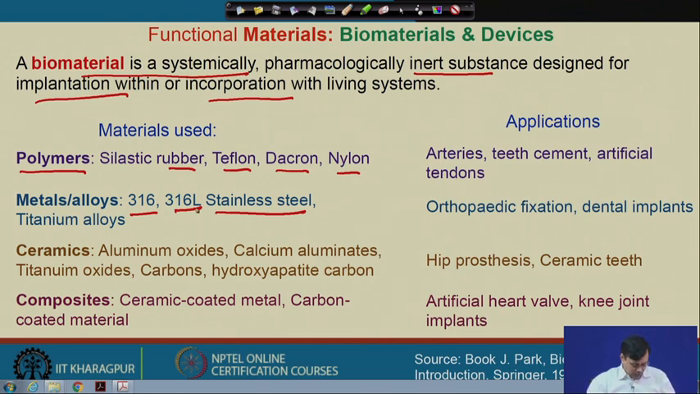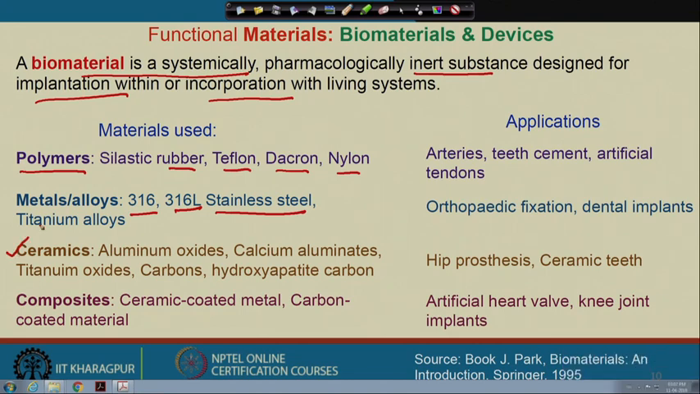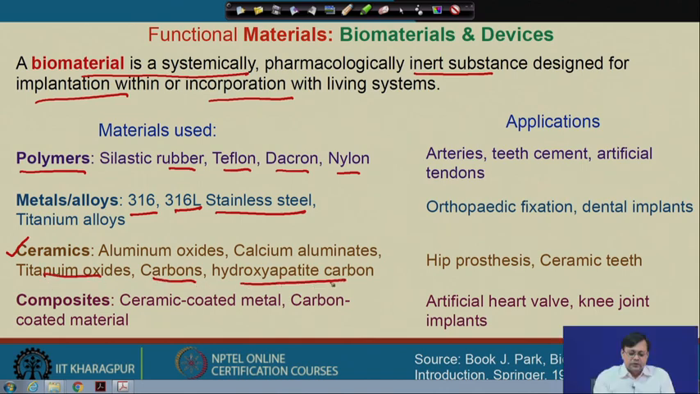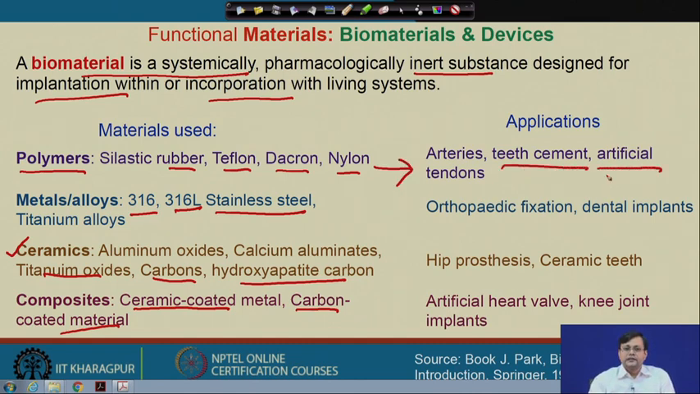So, we can see that such materials are required for implantation as biomaterials, like ceramics: aluminum oxide, calcium aluminate, titanium oxide, carbon, hydroxyapatite. They are all used as ceramic materials. In case of composites, ceramic coated metal, or let us say carbon coated materials, are also often used as biomaterial. Most of the application areas of polymer biomaterial are like teeth cement, or let us say artificial tendons,